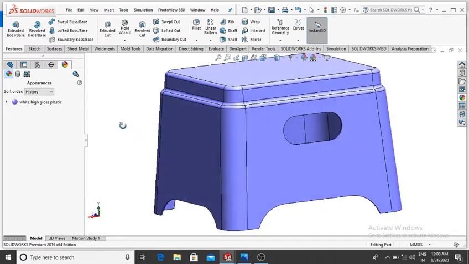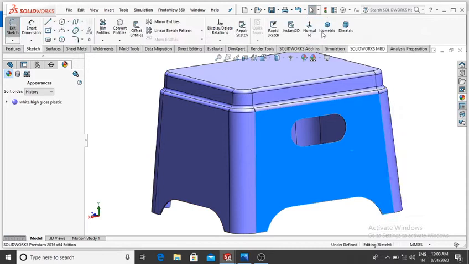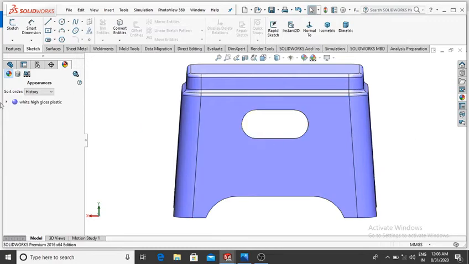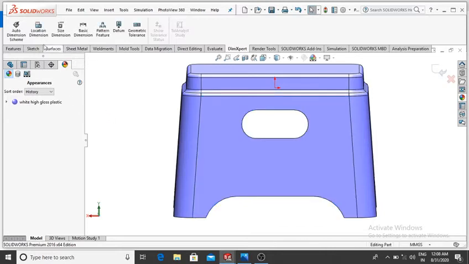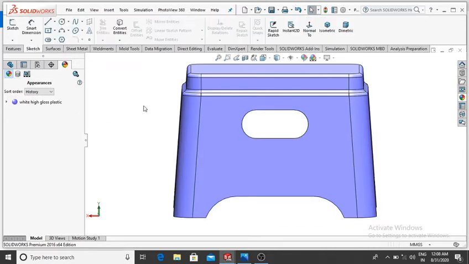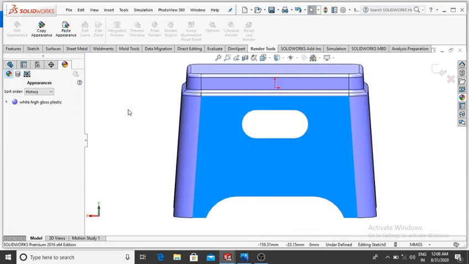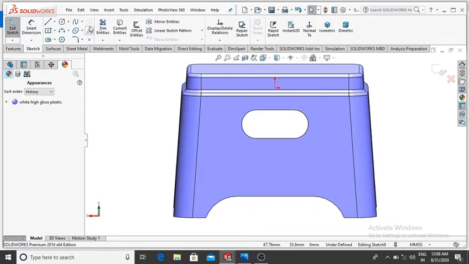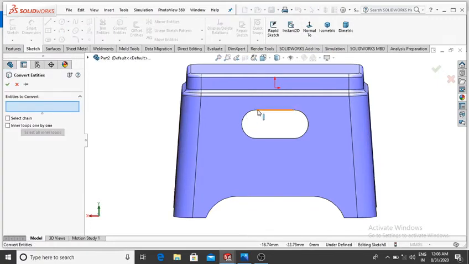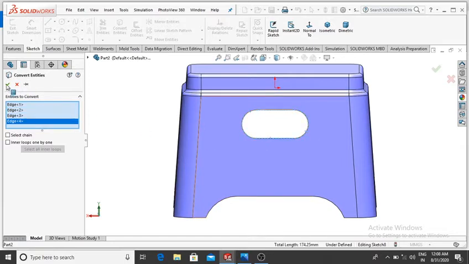Now we cut this part, and again select this face, right click, sketch, then normal, and here select this face, sketch, and go to the sketch and make it normal, and here select the convert entity, and now select separately all the edge, so select one and this, then OK.